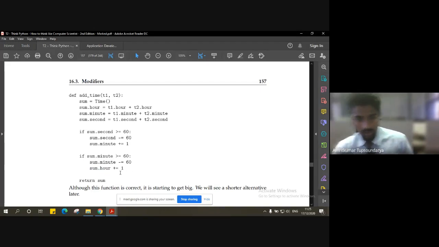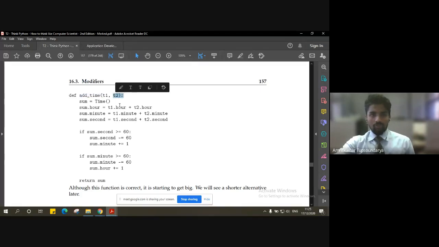So we are not changing anything, we are not manipulating the arguments that we are getting, that is the t1 and t2. We are not modifying anything with respect to t1 and t2, right? We are just simply changing the variables here, that is the attributes second and minutes, right? So this will again ensure that this particular function is still the pure function.